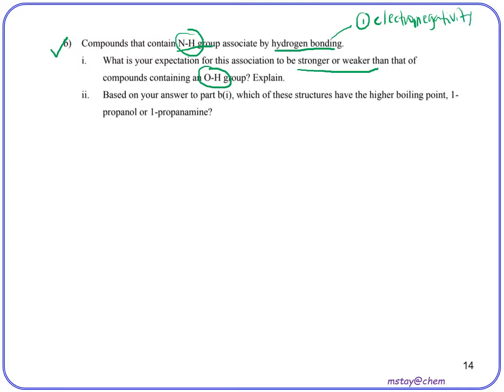As we always mention, the most electronegative element is fluorine, followed by oxygen and nitrogen. Therefore, in this case, the NH group will have weaker strength compared to the OH group,